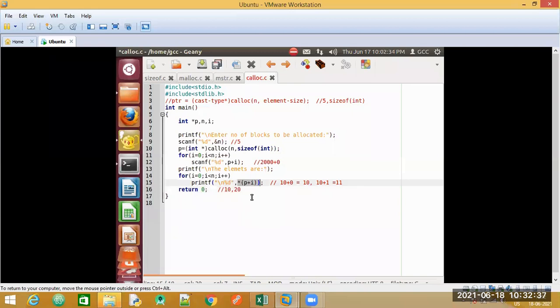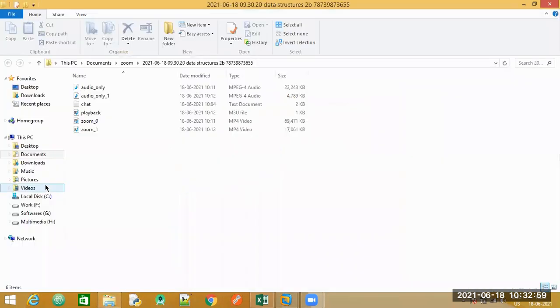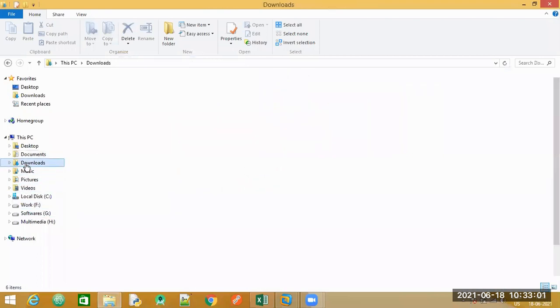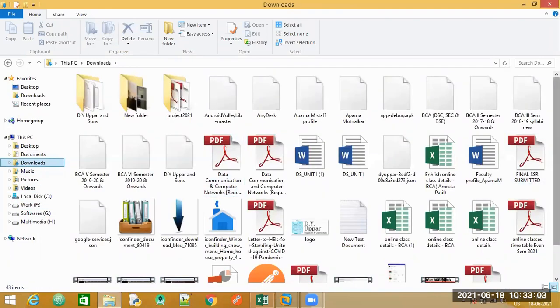So this is your calloc function. Another program I want to do, just a small change here. That is your journal program. Okay, let me just remove these comments. Let me just show you first, just give me a minute. I'll show you what is the code here, what we need to perform.